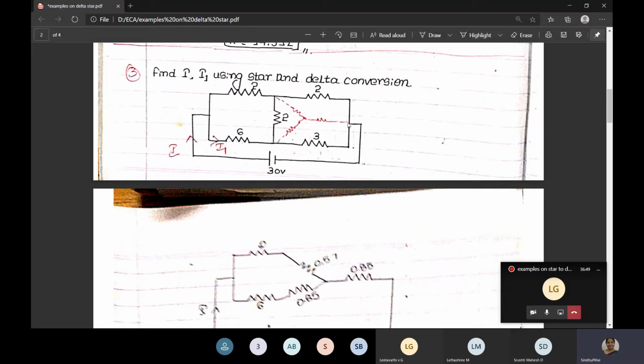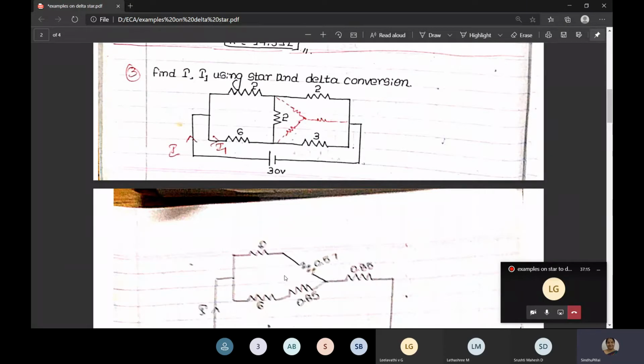So for this, the tail one, this one what you have to do, again it is same, 2 into 3 divided by 2 plus 2 plus 3. So the answer of this both will be same, it is 0.85. So this branch is 0.57. This is 0.85 and this is 0.85. So this complete network will get reduced like this. So the left out resistors are 2 and 6. So the 2 and 6 is written here. This is how the network will get reduced.